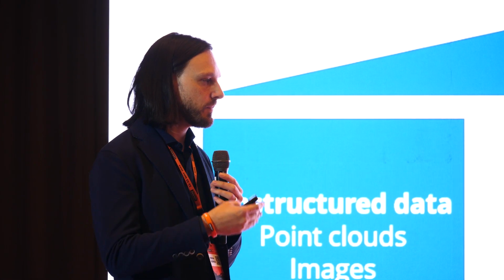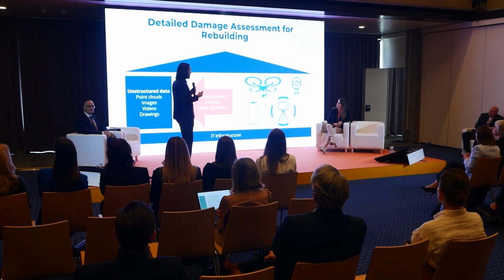But we are not confined to that. So what we see is we first get all this data and we bring this then into our systems. So we bring in captures and we call this then unstructured data. Unstructured data is just data where you have like a photo, but you don't know what is on the photo. You have a point cloud, but you do not know what it does represent.